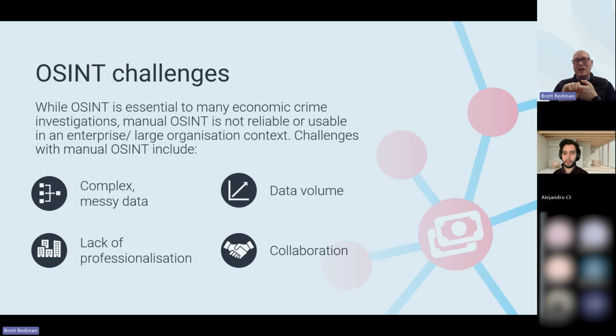There's also an element of where we need to discuss data volume. How do we wade through the sheer amount of data or information that we have that's available to us without an intricate way of being able to visualize all of that data? There's also a lack of professionalism, particularly within open source intelligence. Now, that comes from framework, governance, and policies, and something which I believe we're going to see later on in the year.